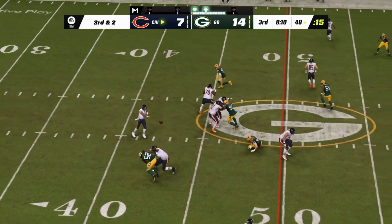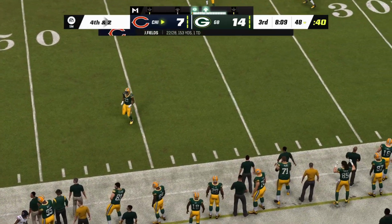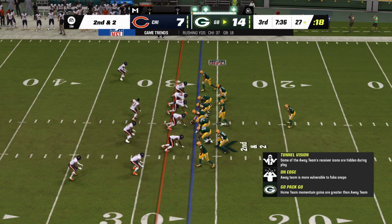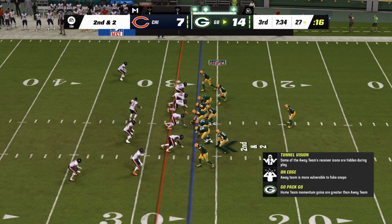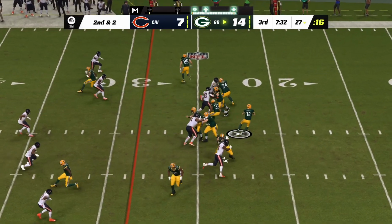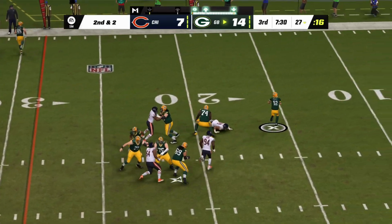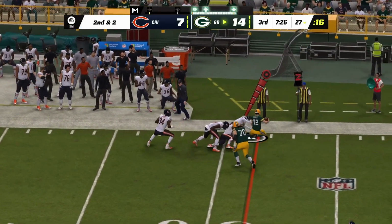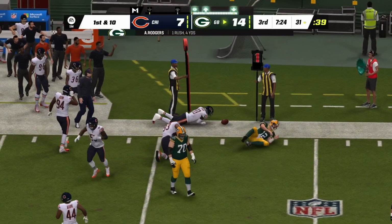Third and 2, Fields. And that is incomplete. Running back has skills like a receiver, and you're aware of that before the game even begins. So throughout your practice sessions, you're going to want to be aware of him. Where is he lining up? What can he do? What kind of damage can he do to us downfield? And who can match up with him without...